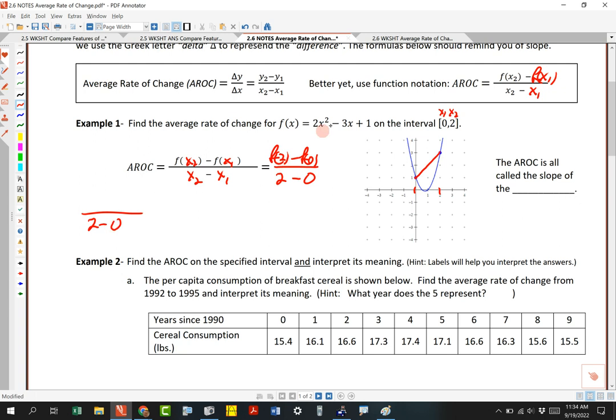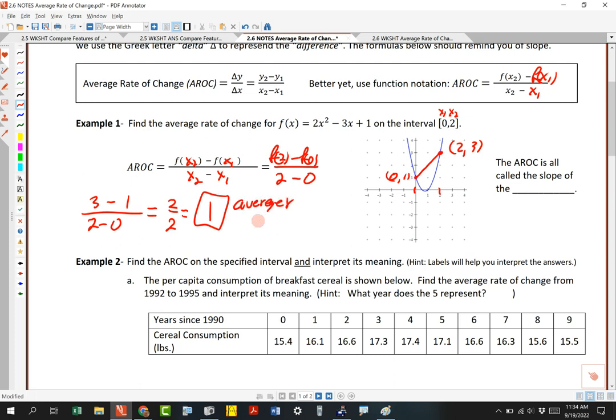On the top, I could plug it in if I didn't have a graph, but I do have a graph. Plug in a 2, I get out a 3. So this is going to be 3 minus f of 0. f of 0 is 1. So I end up with a 2 on the top, a 2 on the bottom, and I end up with a 1 for an answer. So that is the average